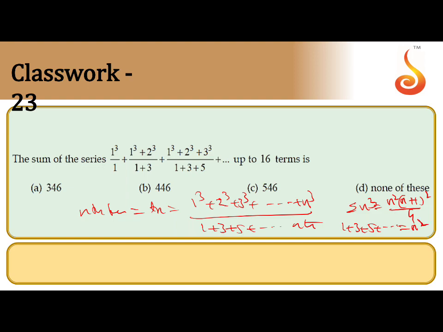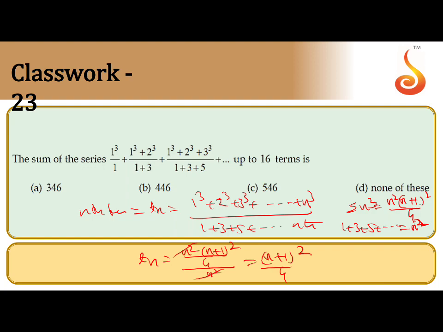There is a formula for the sum of even terms and the sum of odd terms. The sum of odd terms is n square. Sigma n cube is n square into n plus 1 whole square by 4. Therefore, Tn is n square into n plus 1 whole square by 4, divided by n square. So n square cancels, and we get n plus 1 whole square by 4. That is Tn. So you have to find S16, you have to calculate. I will take it on the next page to solve it.